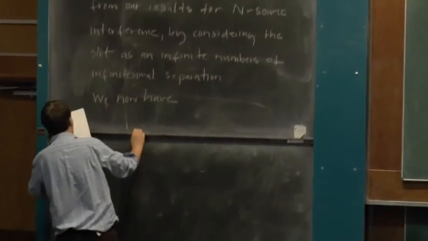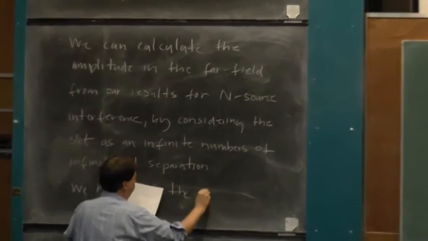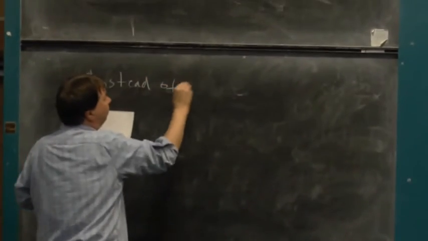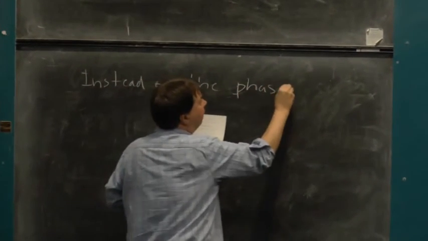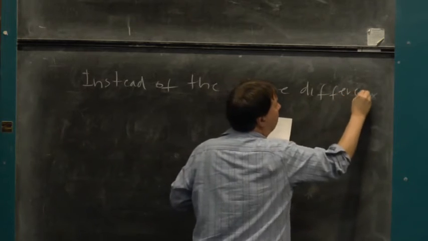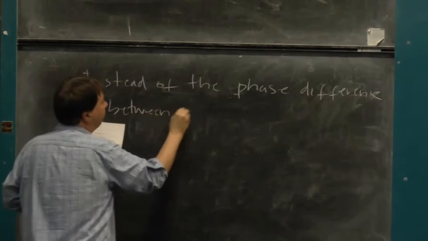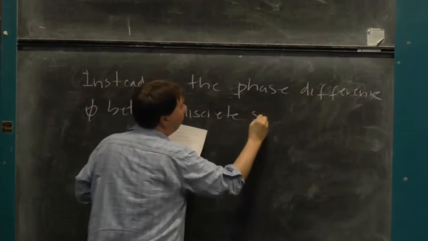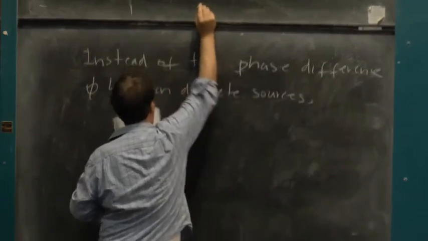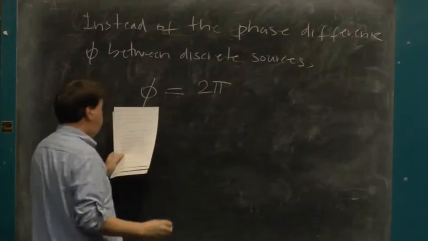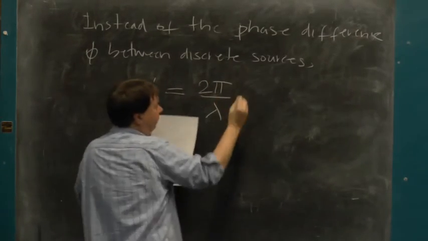So we now have that phi. In fact, I'll make this really explicit. Excuse me, I'm going to slightly rewrite this. So instead of the phase difference phi between discrete sources, what we were doing last week was adding up. We were saying, well, I've got 2 sources which are a difference apart. There's my k, here's my